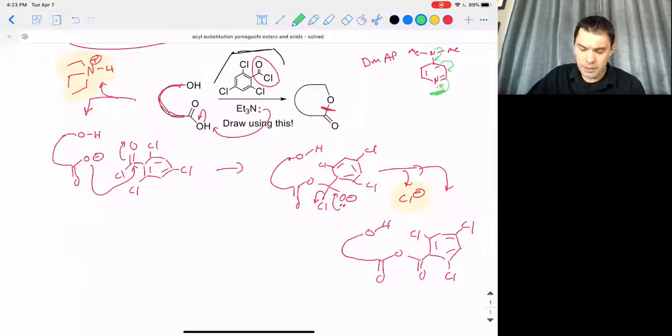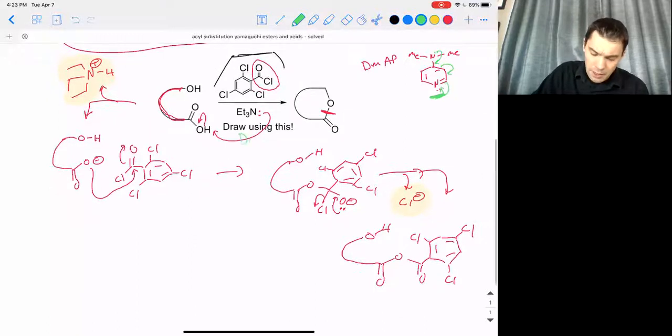Okay, so the reason I mentioned DMAP is a lot of recipes have DMAP in them for the Yamaguchi. And it ends up just helping facilitate a second acyl substitution mechanism. For the practitioners of organic chemistry out there, I'm intentionally choosing to leave DMAP out of this video because it just complicates things a little bit more than it needs to. And so instead, we're just going to use TEA as a base for the overall process. All right, and so now we're going to